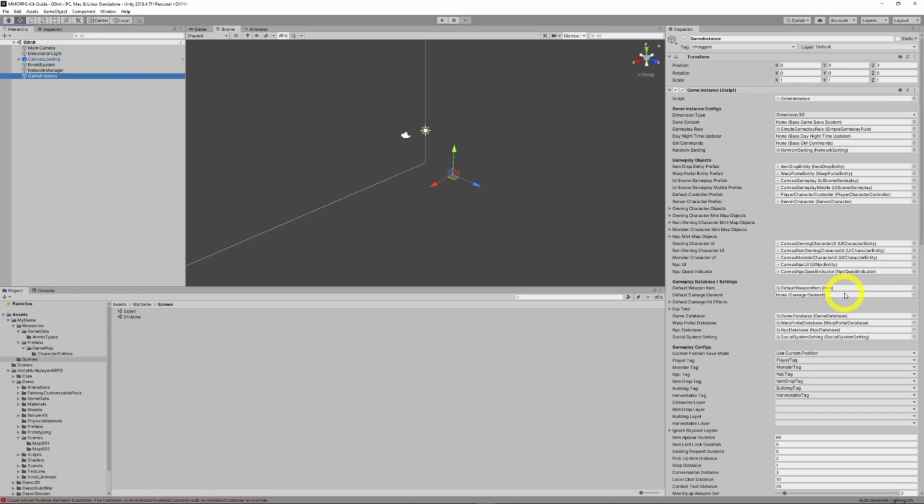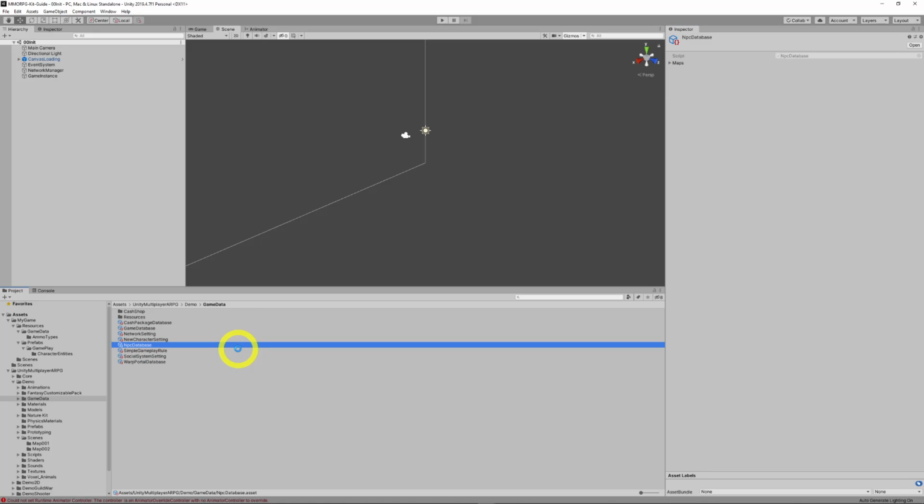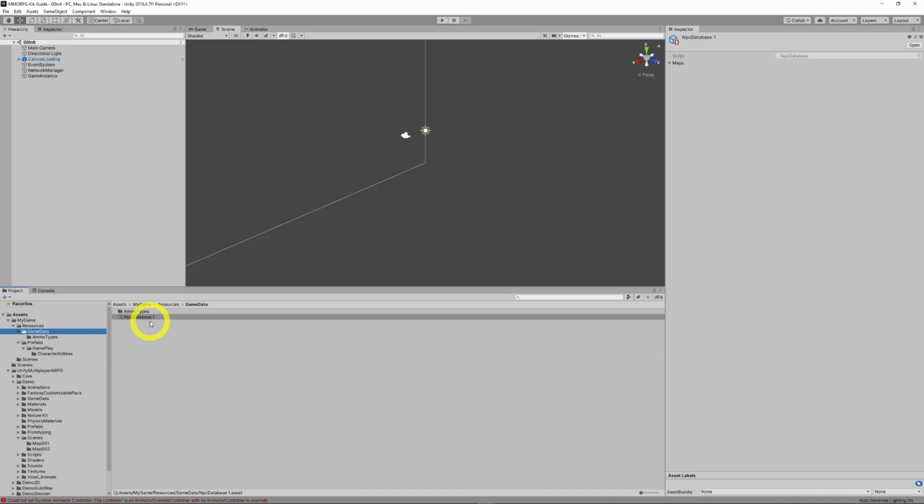the other thing we're going to need to look at is, now because I've just dragged this one across, this is still all pointing to the demo items. Now a good work in progress, or a good way of doing this is, let's say we're going to look at NPC database. So we'll duplicate, Control D, duplicate our NPC database. That's just in the root folder of game data. We'll put that into our own folder of game data,